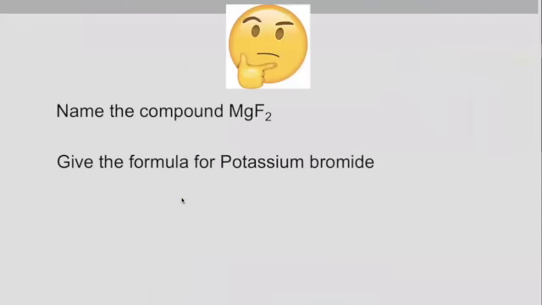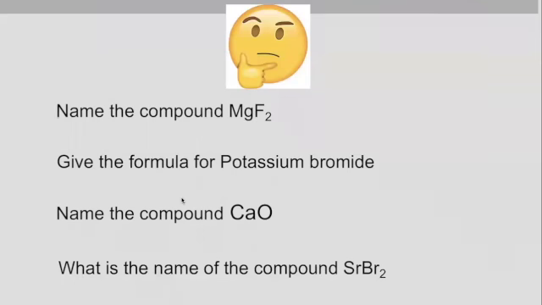I'll give you a minute for you to start naming those compounds. So this will be magnesium fluoride, potassium bromide, calcium oxide,